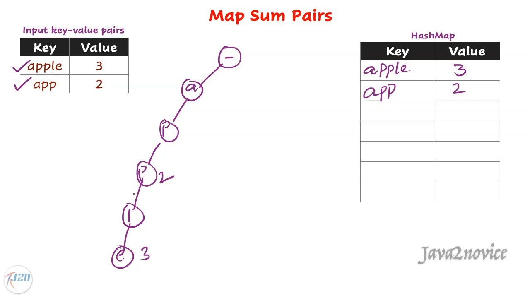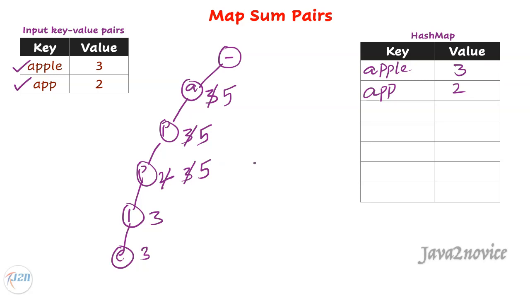In order to further simplify and avoid tree traversal complexities to identify the prefix sum, we will take advantage of the previous approach. Rather than storing values only at value nodes, this is one value node, this is another value node, we will calculate the possible sum at each node. Let's update. If the key is apple, then the value at each node will be 3. Now, if the next key is app, then let's update prefixes. 3 plus 2, which is 5. Here also 5. Here also 5.